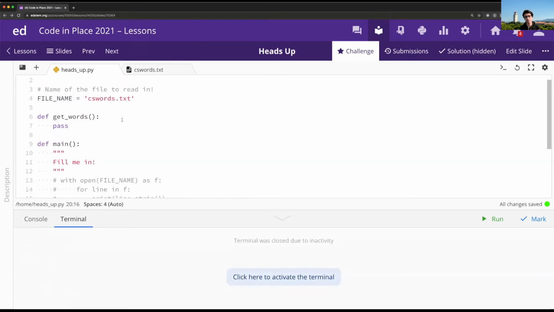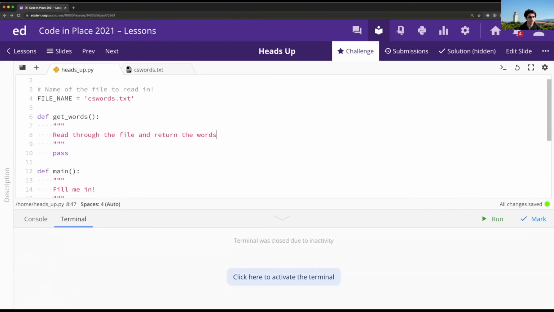So let's talk a little bit about how exactly this function should work. I think one reasonable thing for this function to do is to read through the file and return the words. But now the question becomes, how do we return the words? There's a lot of words and the function can only return one thing. So what we need is a variable that can store a lot of words. Think about how that might work. It may sound familiar. Yep, that's right. We're going to need a list to return. So what we probably want to do is say, okay, let's read through the file and return the words in a list. That's a single thing that can contain a lot of words inside it.